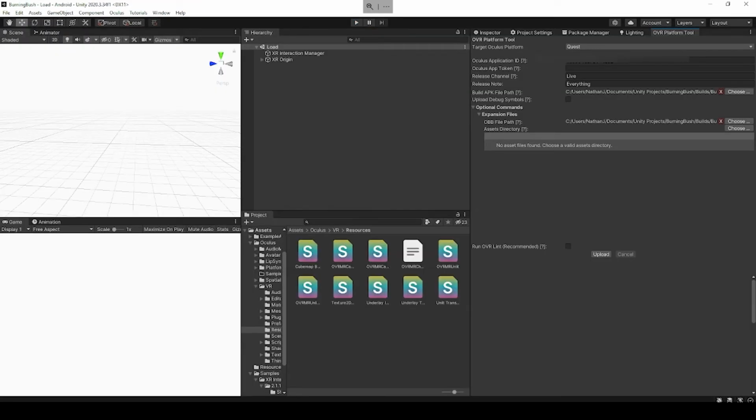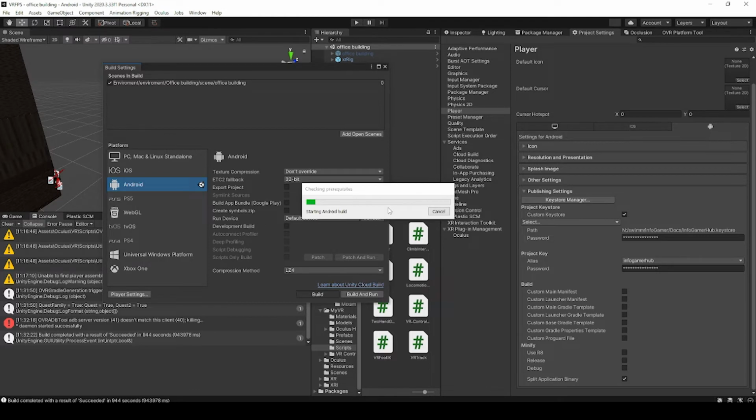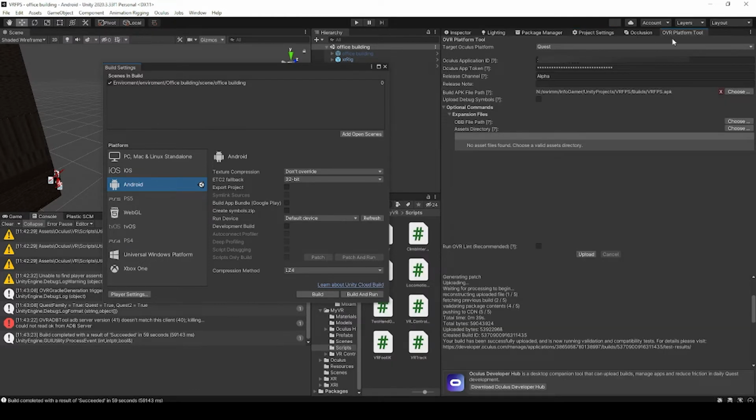Now, like we've talked about in a previous video, when you're uploading an APK file with OBB files or expansion files to the Oculus developer console, one of the easiest ways to do this is with the OVR platform tool inside of Unity. Now to duplicate this issue, I'm going to build my project with the split binary so I get an OBB file. Once these files are built, we're going to go over to the OVR platform tool window,